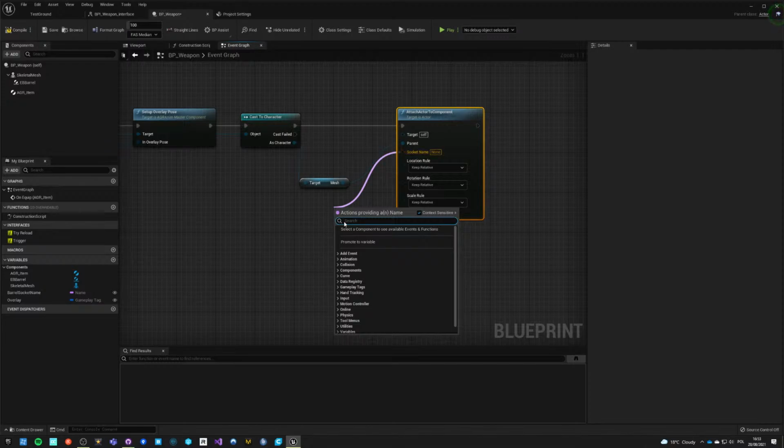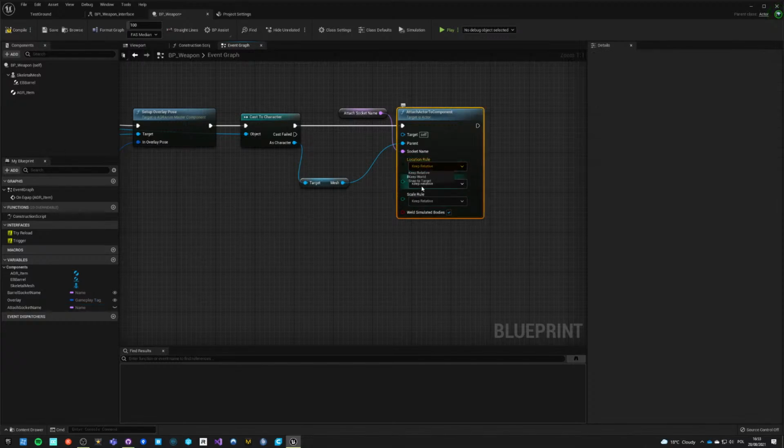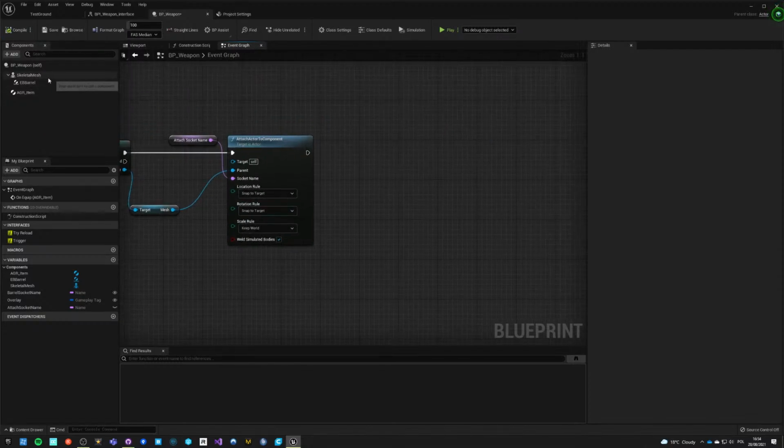Socket name, let's promote to attach socket name. Hello. Snap, like I don't really like this new UI. Keep words, yeah. And